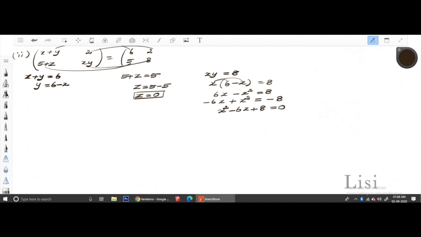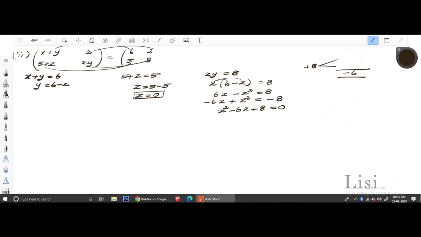Now you have to factorize this one. Do you remember it? Coefficient of x square and the constant, you multiply that, you will get plus 8 and the coefficient of x is minus 6. Right? You have to find out the two numbers. When you multiply those two numbers, you should get plus 8. And when you add those two numbers, you have to get minus 6. Okay. Here, I'll choose the number.